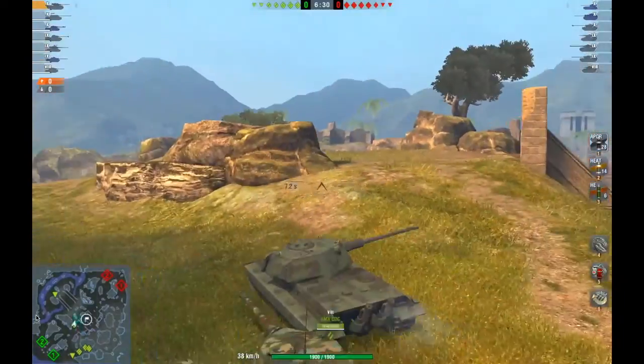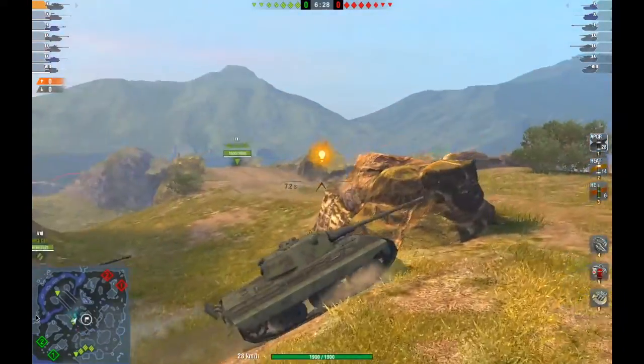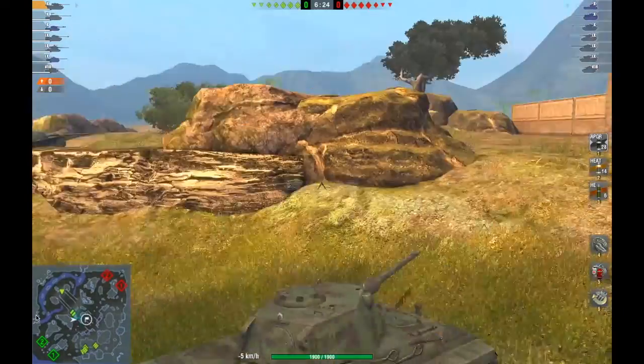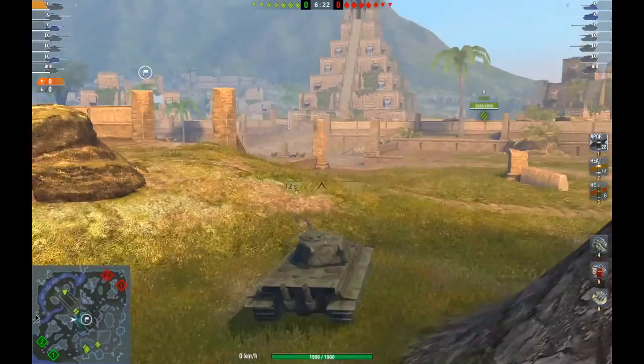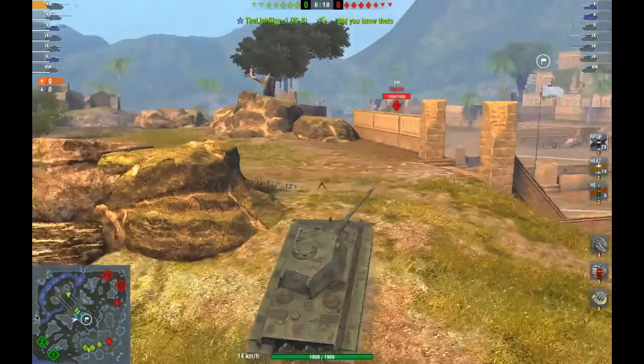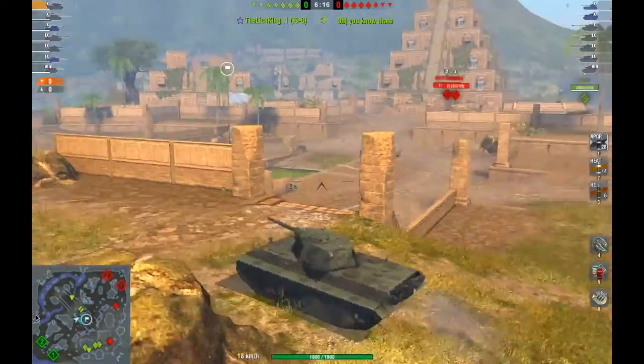This tank has been buffed. 8 degrees of gun depression, slightly better DPM. He received a buff before that, 250 millimeters of frontal turret armor, although that turret armor is flat, so don't let that raw number really get you too excited. Anyways,